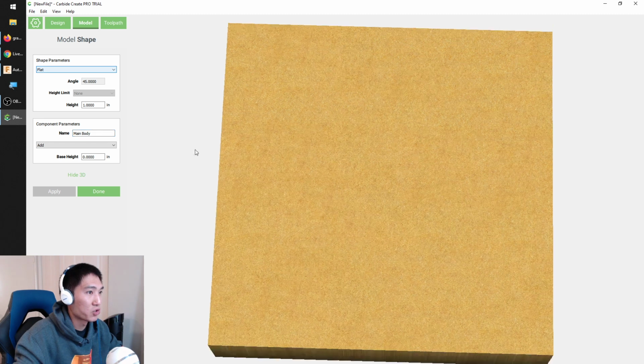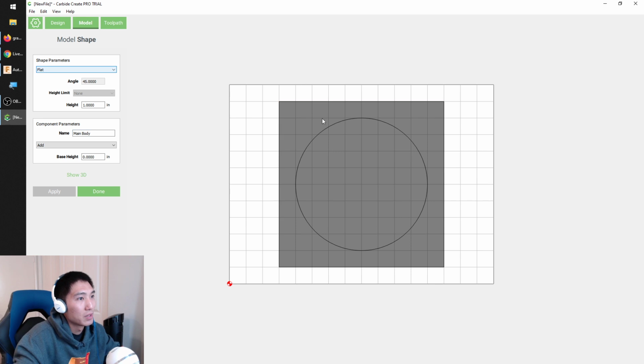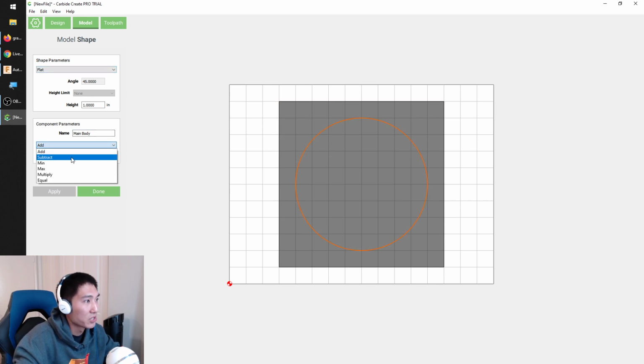And then I'm going to show it. I've created a square block. Nothing spectacular. If I pick the circle and I subtract material from it, let's see, 0.25 inches,